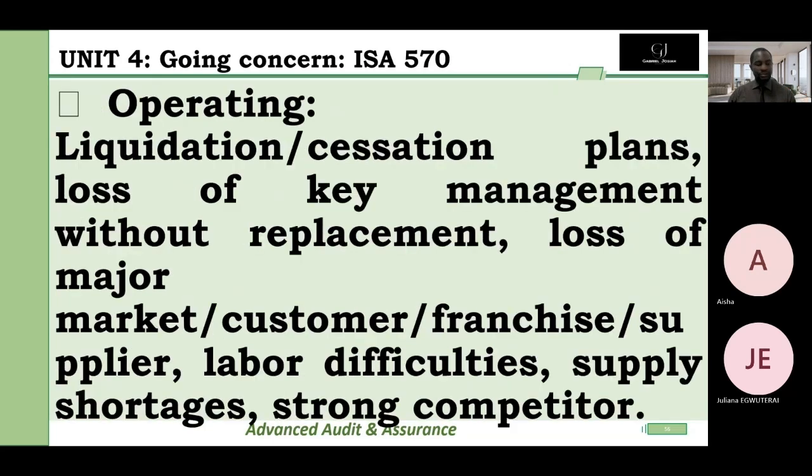Also, operating factors. We've looked at financial factors; operating factors include liquidation or cessation plans, loss of key management staff without replacement, loss of major market share, loss of customers, franchise, suppliers, labor difficulties, shortages of talent, supply shortages, strong competition. All these are operational factors that could hamper the going concern status of the company. And ISA 570 is saying we need to assess